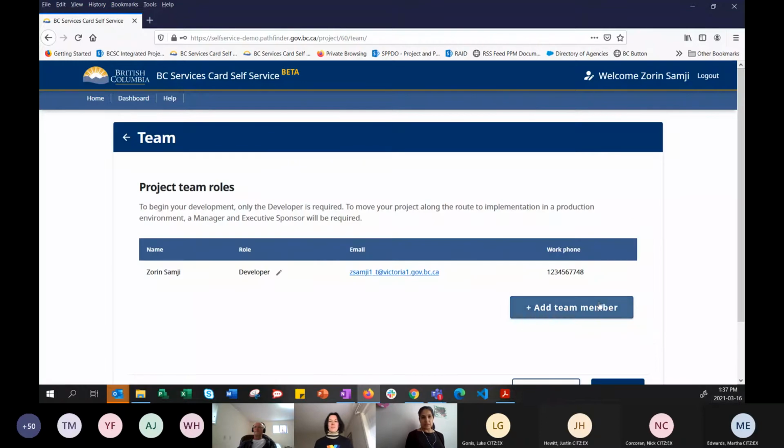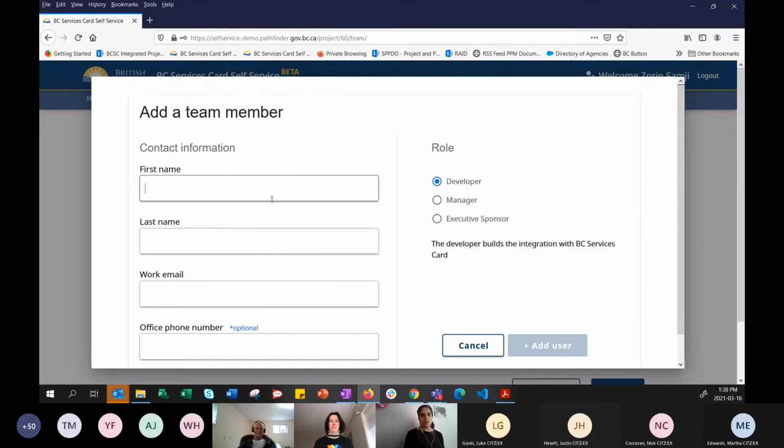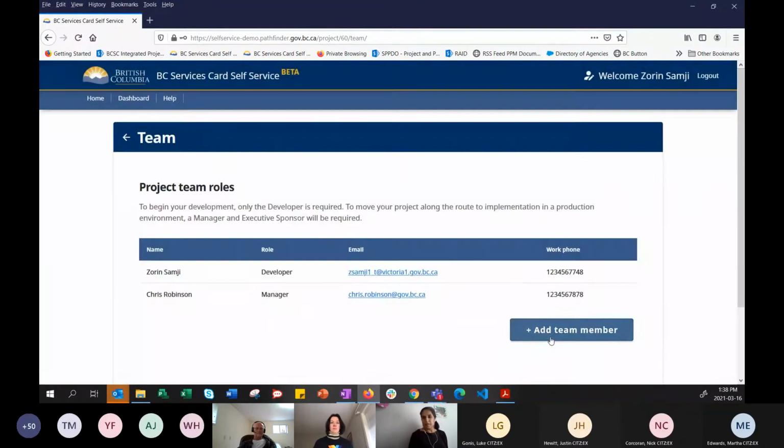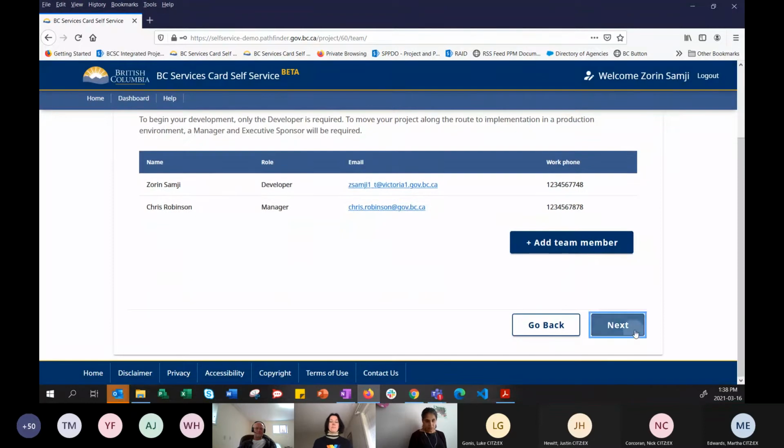So I go to the next screen and it says, oh, who's on my team? This is where I want to be able to add Chris. So I'll just be adding his name. Just double check I don't mess up his spelling. And here, I'll add him as a different role and click him as that,